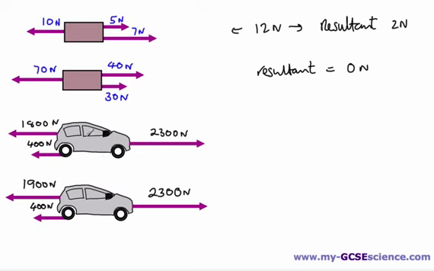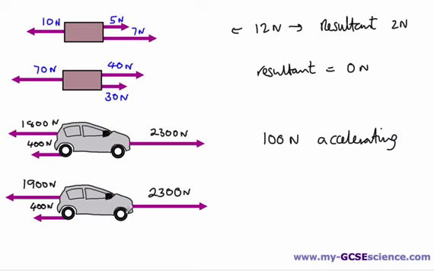Here is an object or a car that's already moving. We've got 2,300 newtons towards the right, and we've got the friction on the tyres, which is 400 newtons, and we've got air resistance, which is 1,800 newtons, so in total that makes 2,200. So the resultant force for this car will be 100 newtons towards the right, and it would be